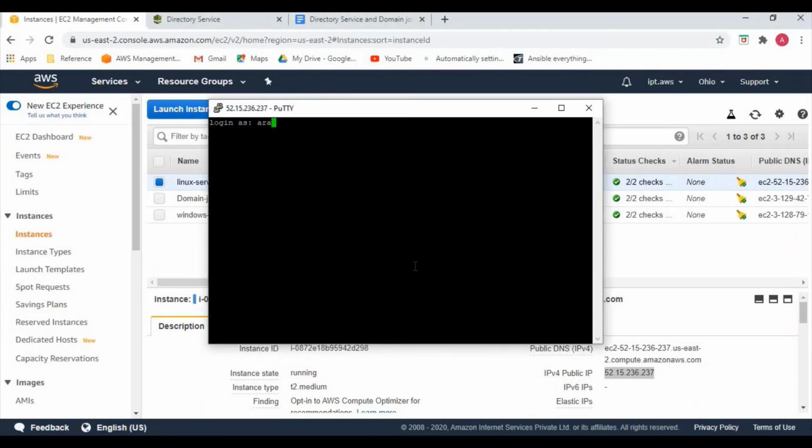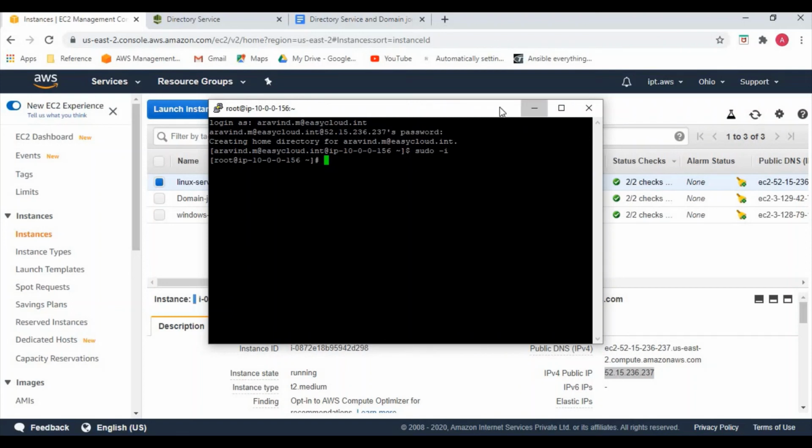Here I'm going to use my credentials. Okay, it's successfully logged in. Let's try to switch to root. So here we are directly able to switch to root.